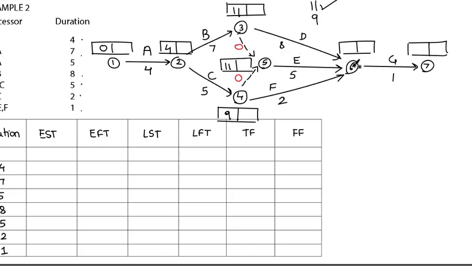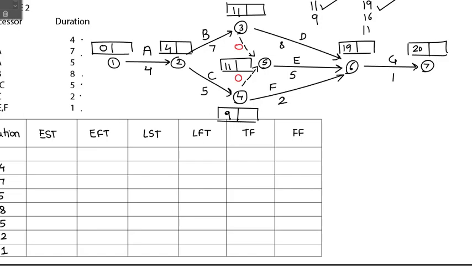Then for the sixth node, we have 3 different paths: 11 plus 8 is 19, 11 plus 5 is 16, 9 plus 2 is 11. The bigger number is 19, and 19 plus 1 will give us 20. So this is the forward pass calculation.